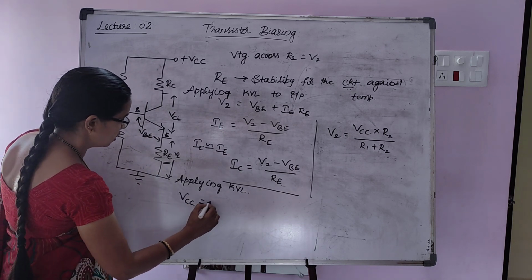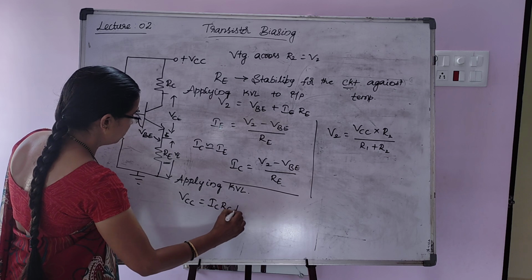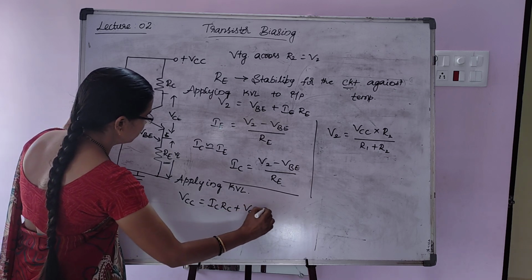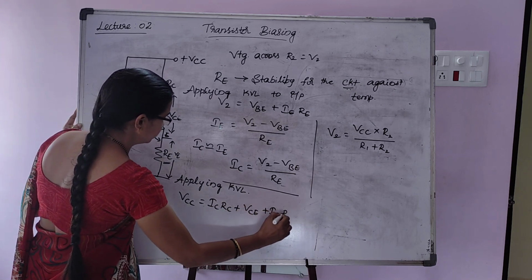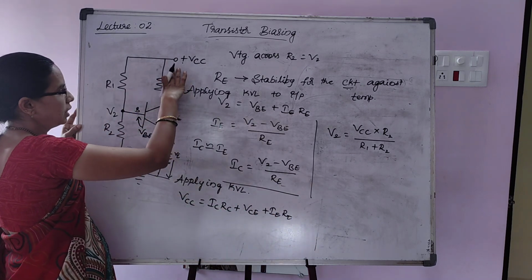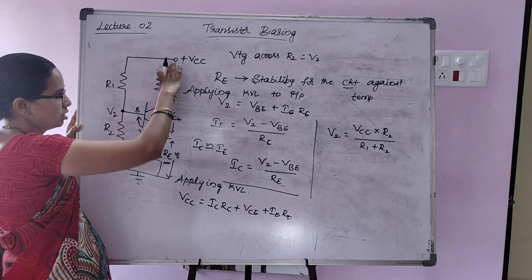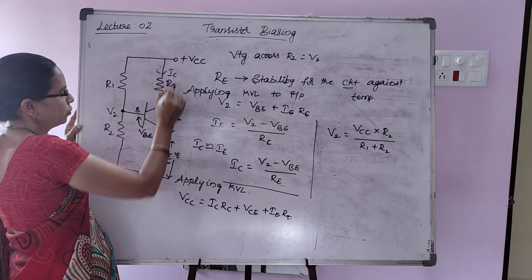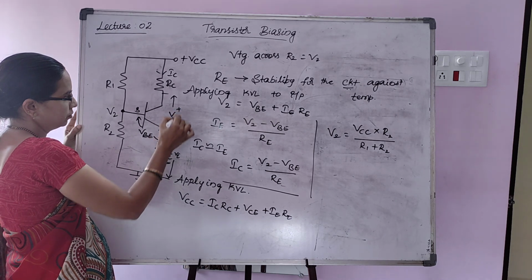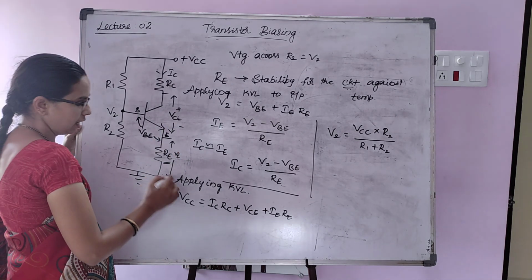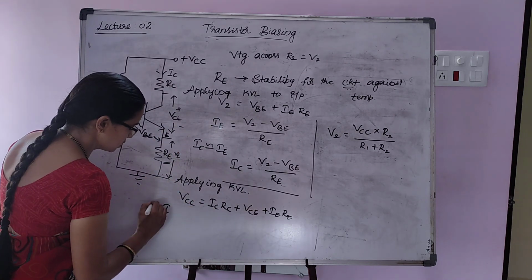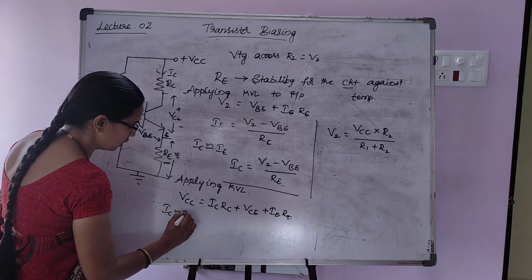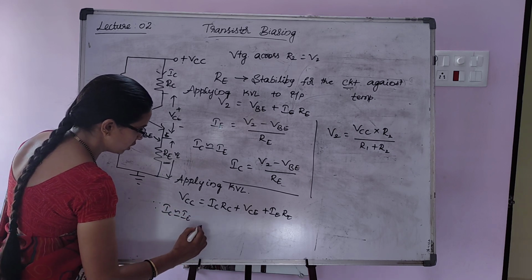VCC is equal to IC RC plus VCE plus IE RE. This is the voltage which is dividing among these three: IC RC, where the current IC is flowing here, VCE, and IE RE. Since IC is approximately equal to IE, this equation can be written as